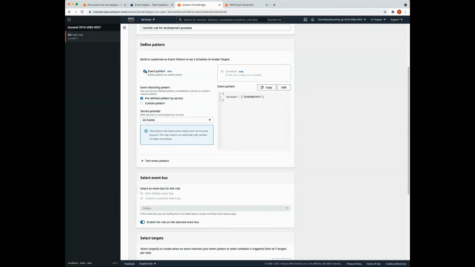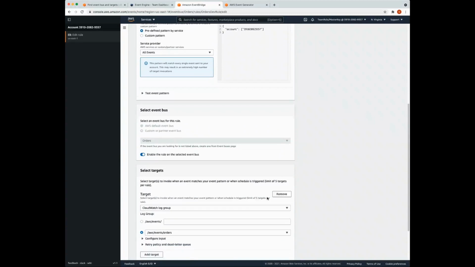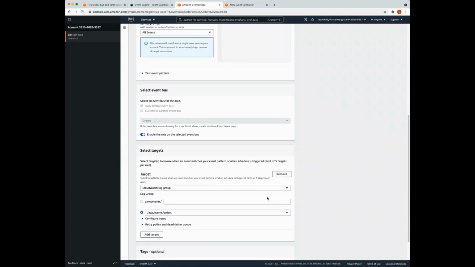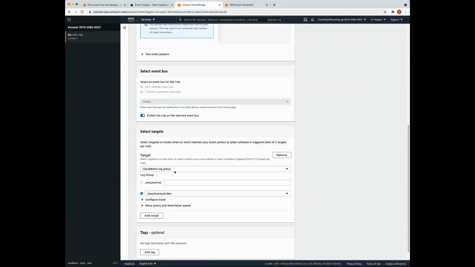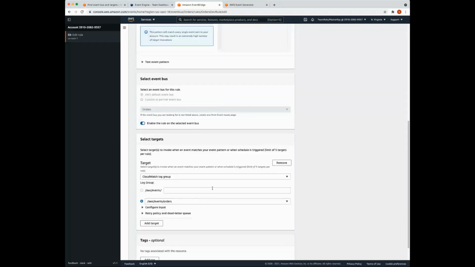we had selected event pattern under the define pattern section. We selected event pattern, and the matching pattern is predefined pattern by service. Service provider here is all events. And when we scroll down to select the targets, we have a CloudWatch log group selected as the target, and the log group is selected as the /AWS/event/orders log group.